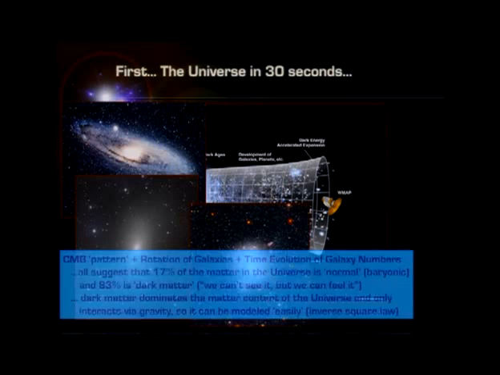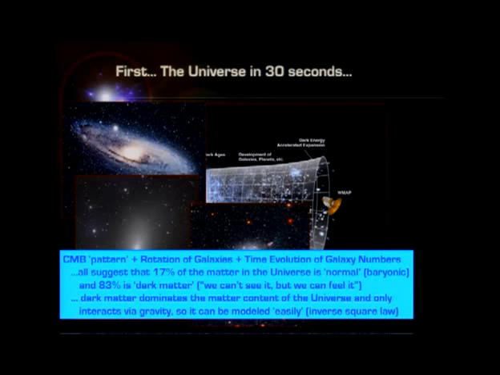And like I said, this is what I just wanted to get back to very briefly. When we look at that pattern in the cosmic microwave background, if we look at the rotation rates of galaxies, if we look at how the number of galaxies evolves as a function of time, all of these give us a coherent picture where the vast majority of the matter is dark matter. We don't actually know what it is. You could have a whole talk on dark matter as well. We can't see it, but we can feel it. We can feel its gravitational effect. And then a smaller component of it